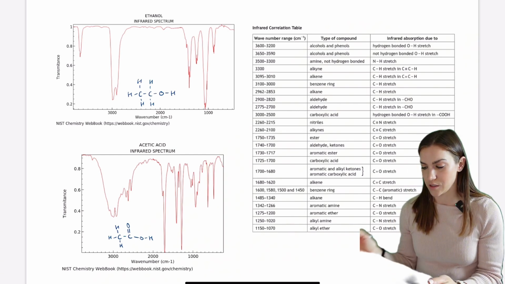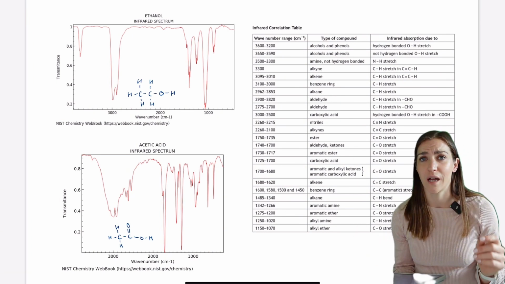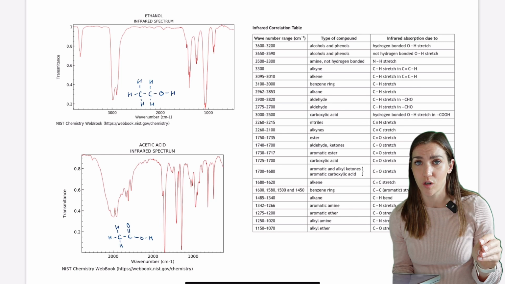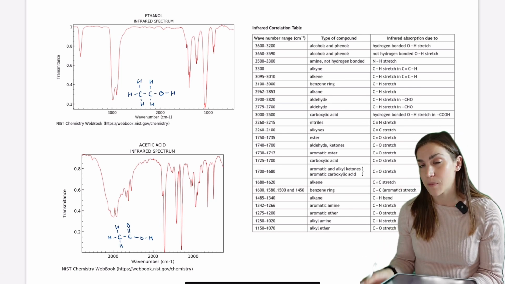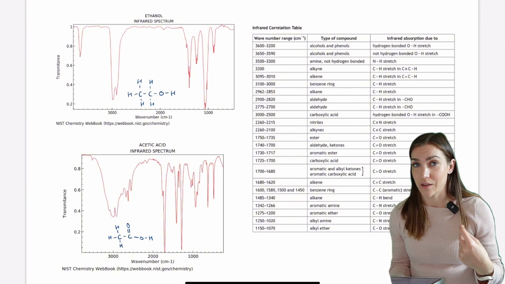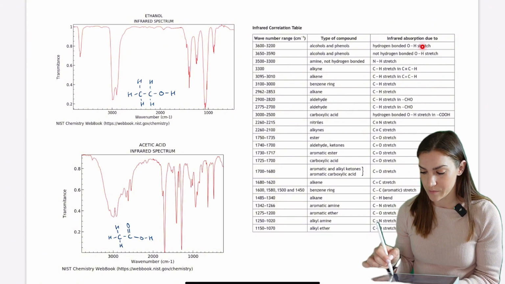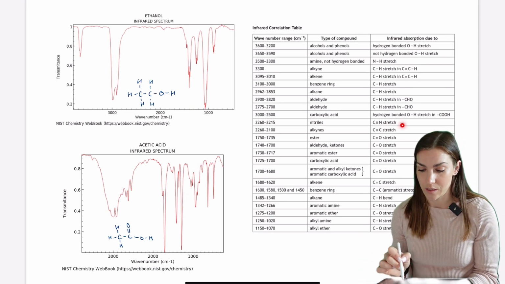If so, then you would put whatever is in the middle column. Or is it asking you what bond caused the absorption? If that's the case, you would just write what's in the last column. Or is it asking you what functional group it indicates is there? That requires you having a look at all the information and deciding what functional group that bond is